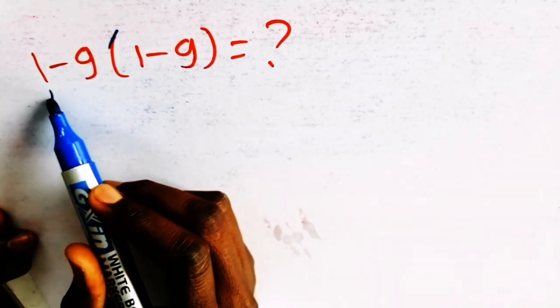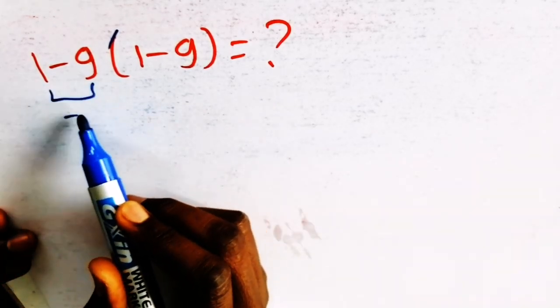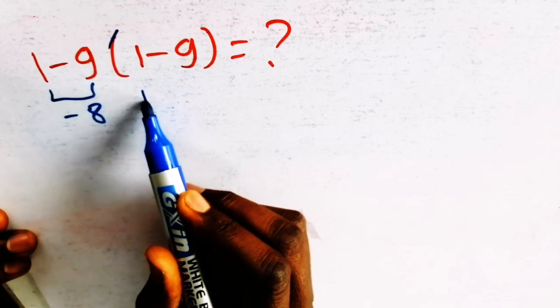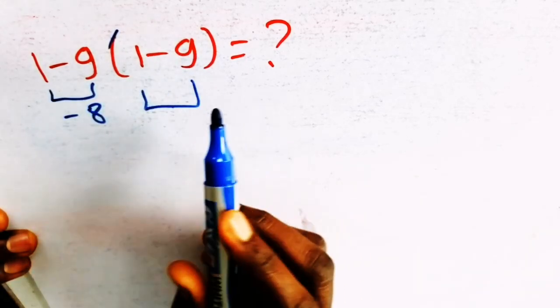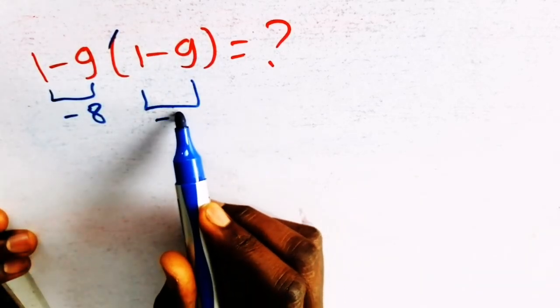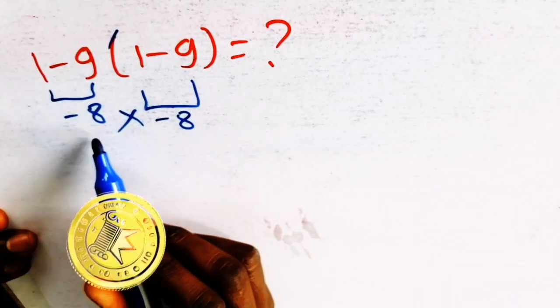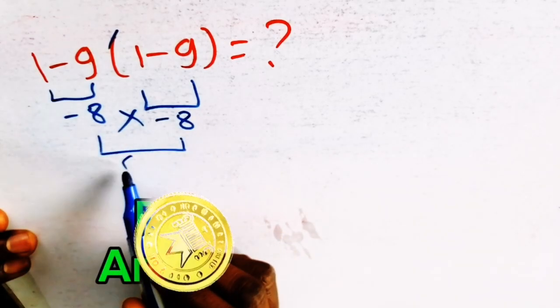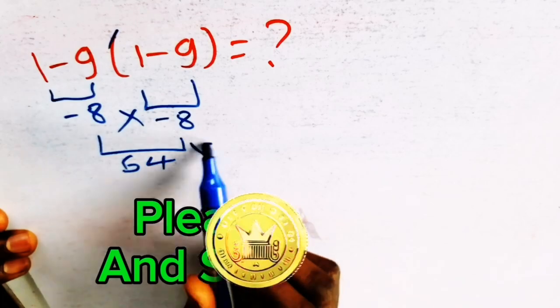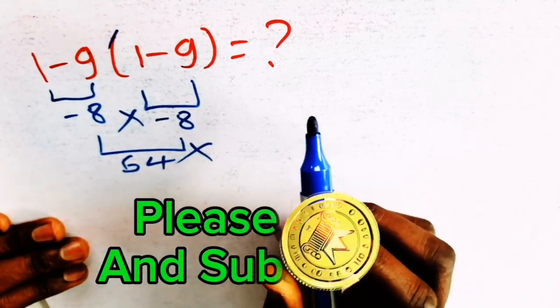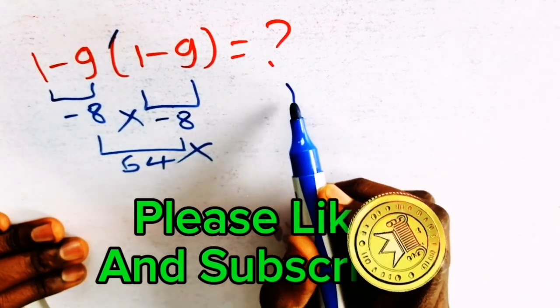So 1 minus 9 equals negative 8. Here is 1 minus 9 in the parentheses, which equals negative 8, okay. Then negative 8 times negative 8, which equals 64. But this answer is not correct, because according to the order of operations PEMDAS, first we have to do